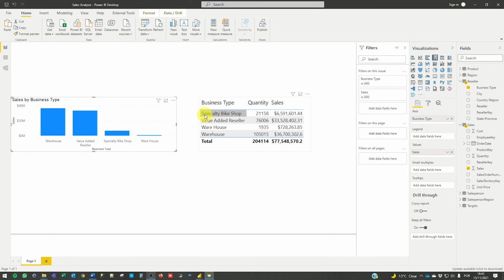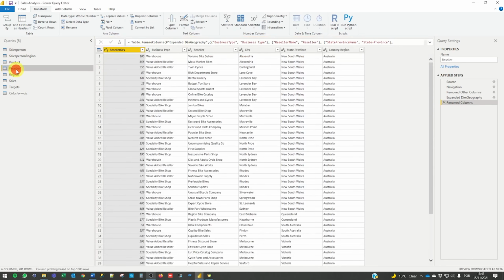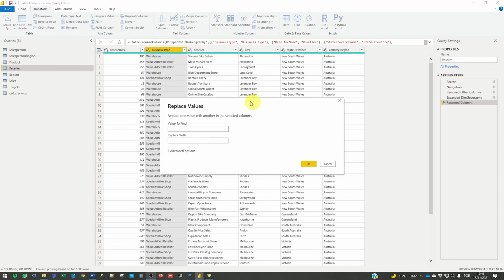To replace the values, we need to go to Transform Data. When the Power Query window opens, on the query tab, we need to select the data source where we want to replace the values. Select the column that contains the value that you want to replace. In this scenario it is business type, and then click on the Transform tab, Replace Values, and a new window will